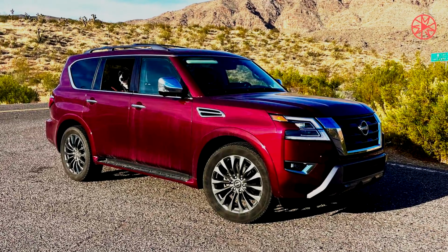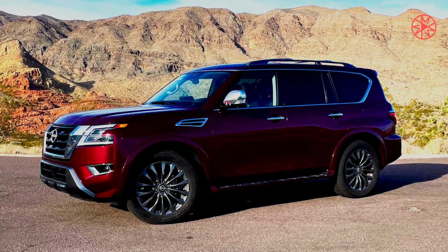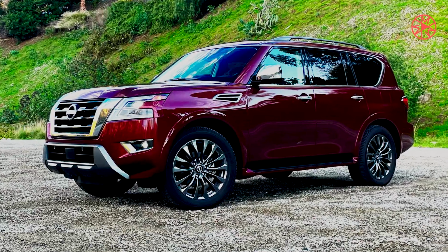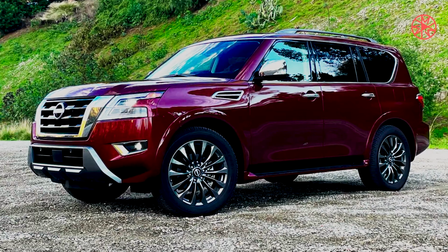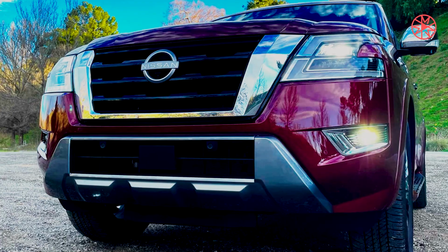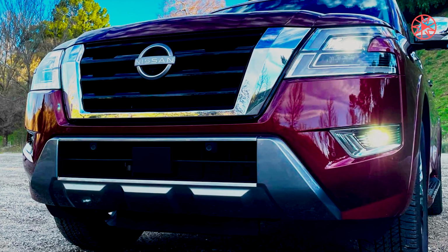I've said before that the Armada, what with its impressive interior quality and off-road lineage donated from the overseas Nissan Patrol, should be considered a budget Land Cruiser, but I also think it makes a perfectly respectable family vacation machine. I drove a 2023 model with an as-tested price of